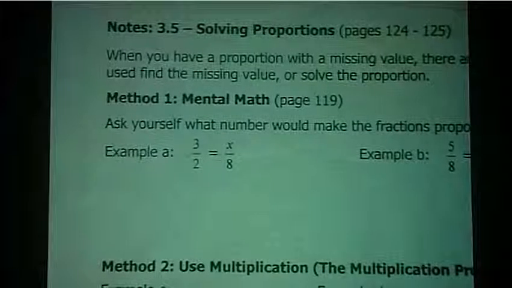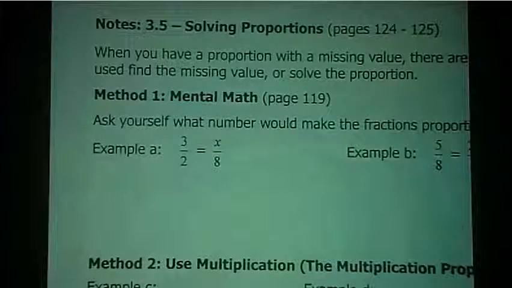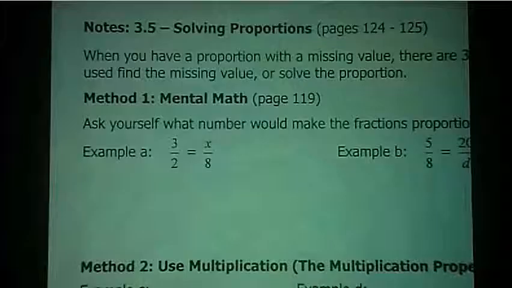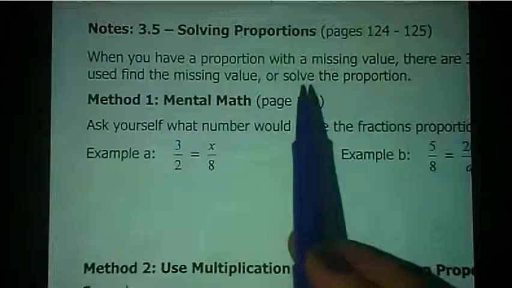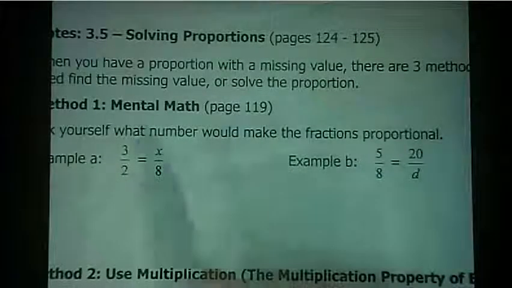This is where you're going to actually be figuring out what that x is. So this is our 3.5. If you're using your book, you'll flip to page 124. When you have a proportion with a missing value, there are 3 methods that can be used to find the